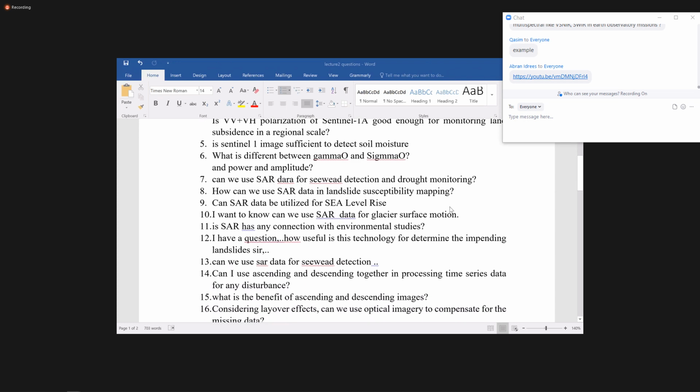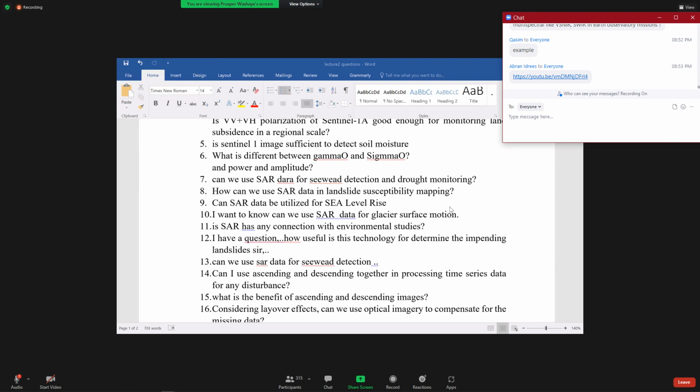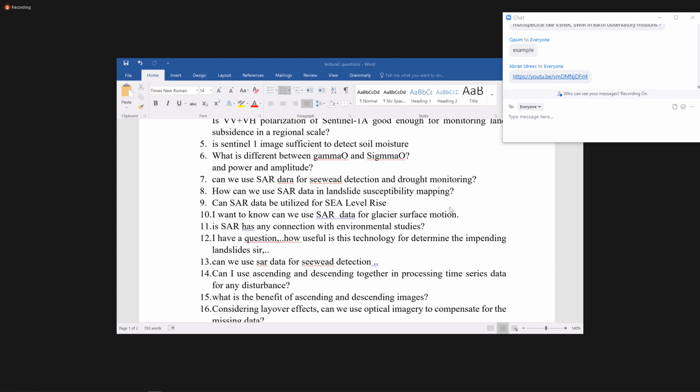Amplitude is the square root of the magnitude, and magnitude is the square of the amplitude. And gamma naught and sigma naught, I'm hoping I'm not saying it the wrong way. Please double check it. I hope I'm not confusing both of them. Okay, gamma naught. If I'm